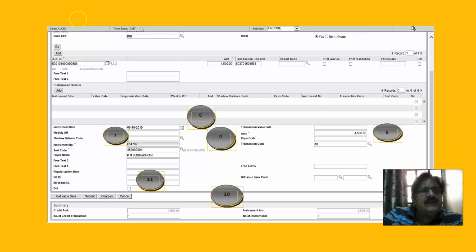And here we have written this account number. First we have to write the account ID here, then the amount, and the transaction remark, whatever may be there, the check number or transaction ID, you can write that here. Then in the column below, 4,500 should tally with the amount entered here, 4,500. As soon as you enter it here, this will be automatically populated here, 4,500, right? So don't make any mistake, right? And then finally submit, right?